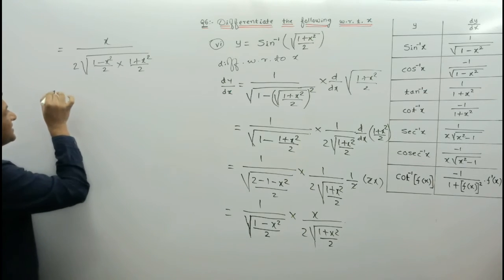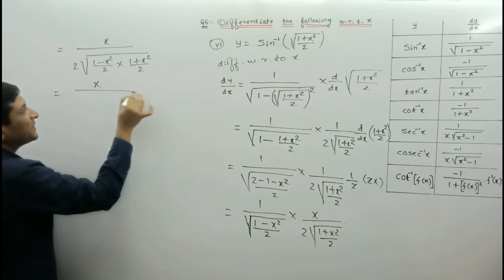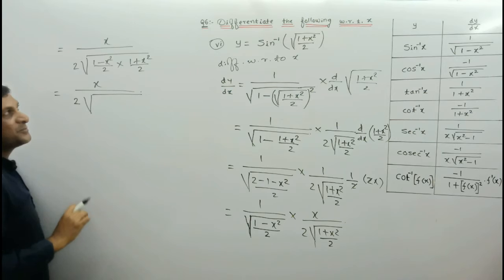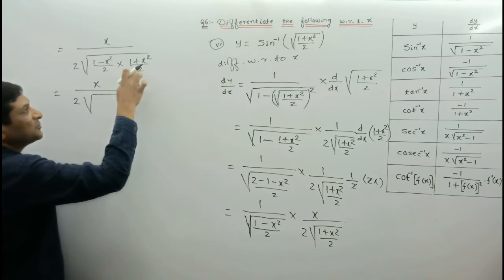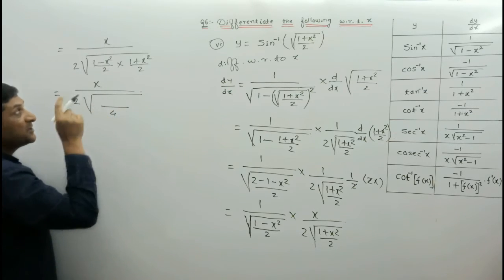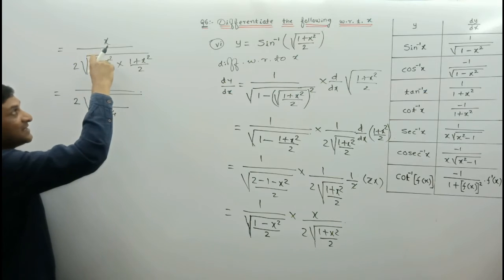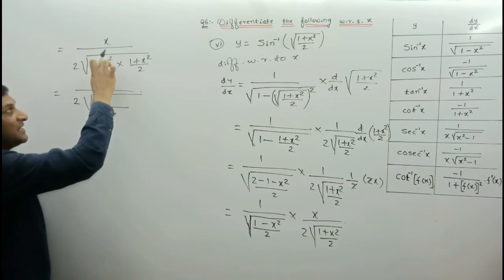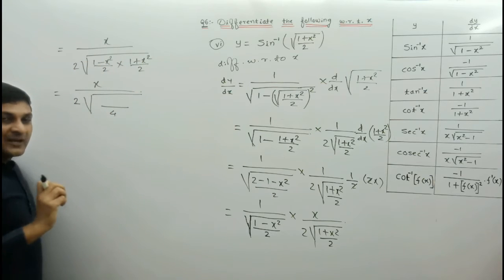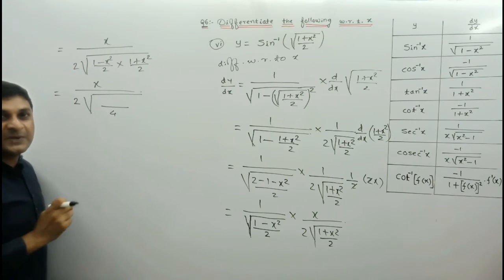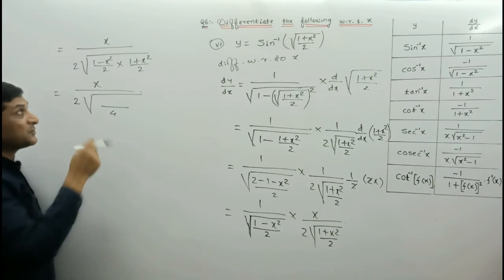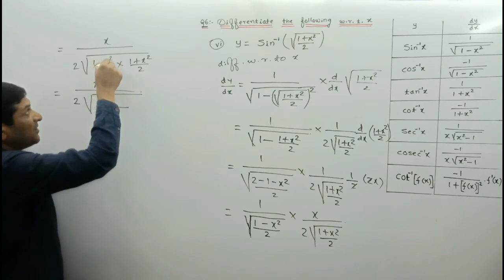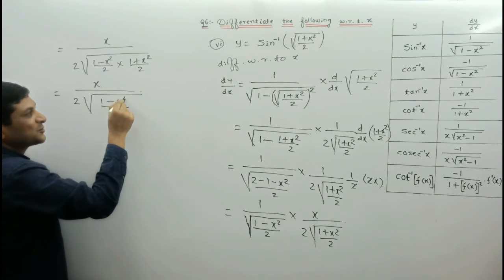Okay, so which is equal to, in the numerator x, keep it as it is, in the denominator 2, keep it as it is, under root. If you observe the terms in the root, here 2 into 2 will be equal to 4, and observe the term here 1 minus x square into 1 plus x square, means terms are in the form of a minus b into a plus b. And what is product of a plus b into a minus b? It's a square minus b square. A is what here? 1. Square of 1 is 1 minus square of x square will be equal to x raised to power 4.